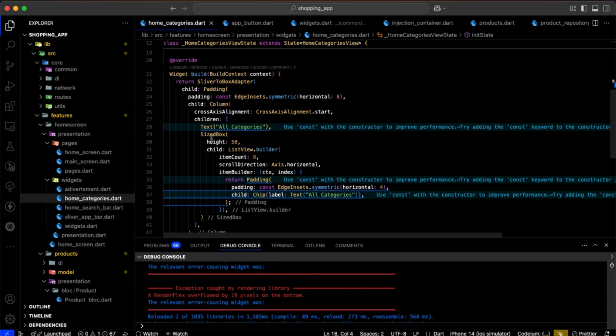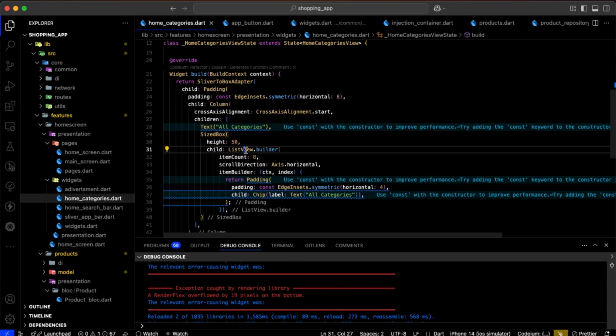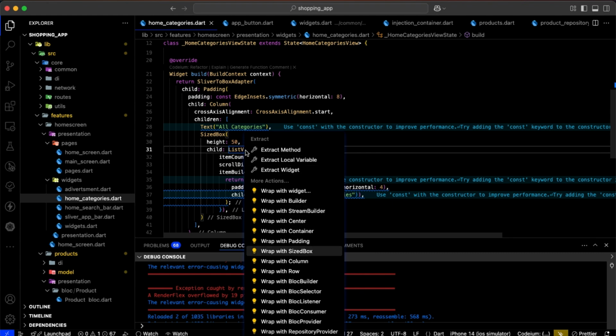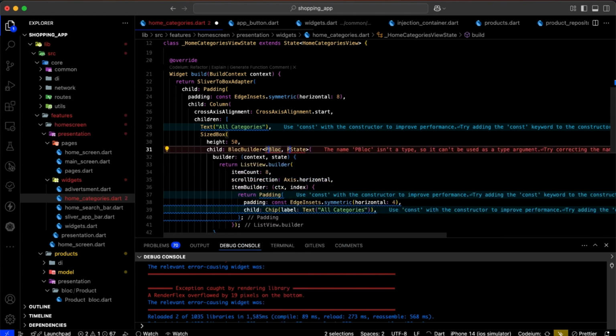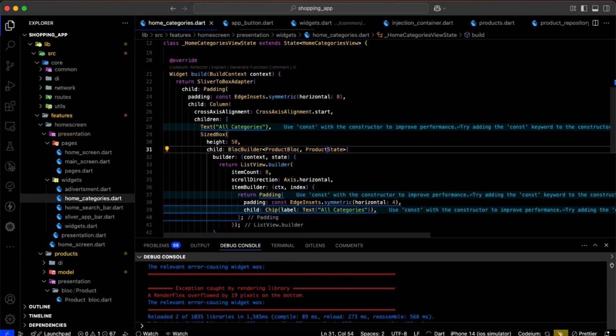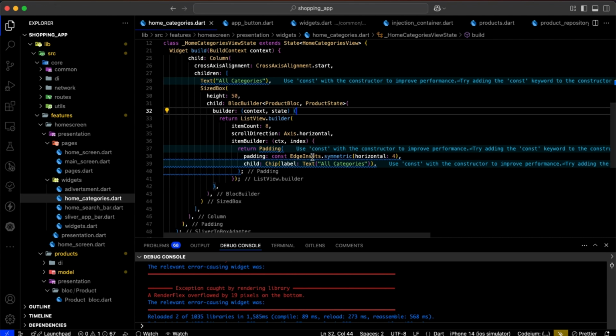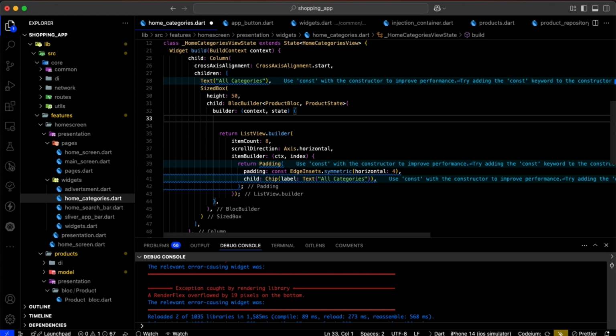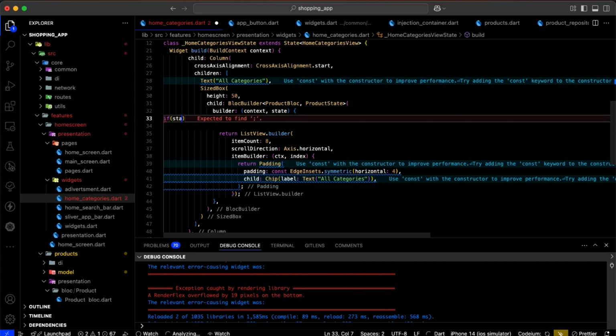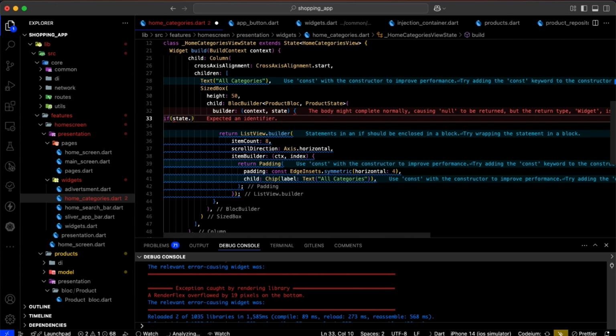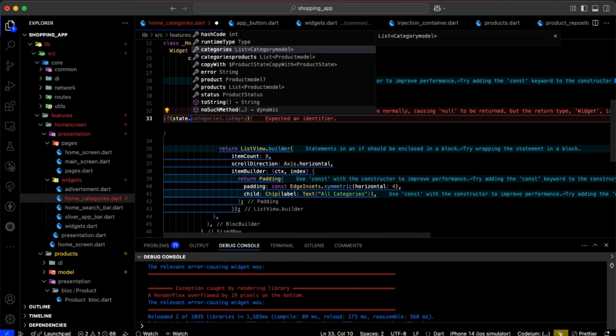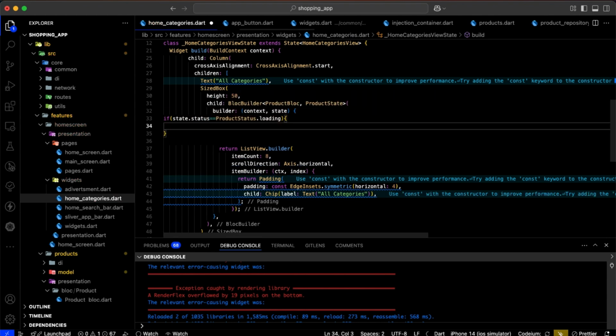Okay, so what I need to do now is to wrap this list view with the block builder. Okay, so it's a product block, and then here it's a product state, and so we are saying if state dot status is product dot loading, then show us a loading indicator,